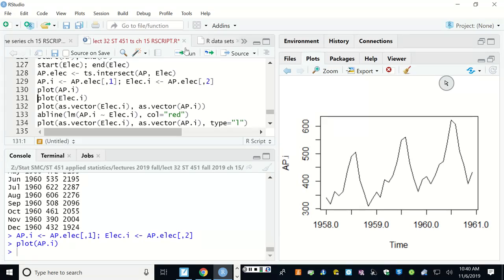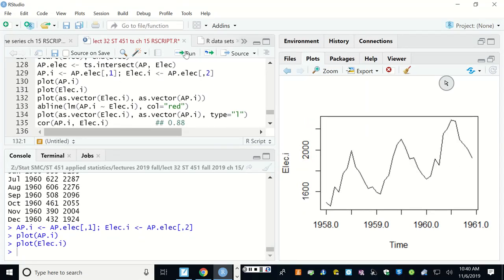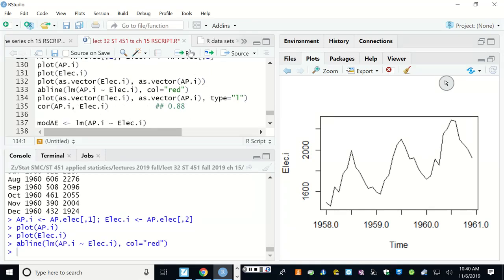How about electricity during this time period? Electricity has seasonal variation, and electricity also has this growth. Electricity cost or usage is also going up. Underlying both of these can be population and technological and economic advancement, but it's interesting that they're kind of similar. If you try to predict electricity versus that, here's the